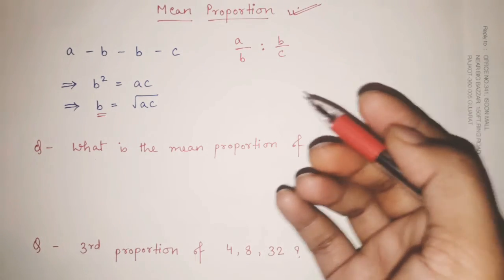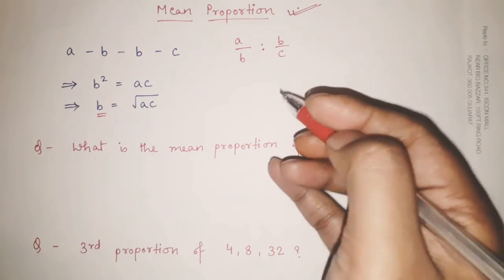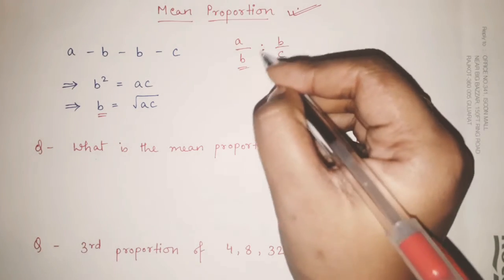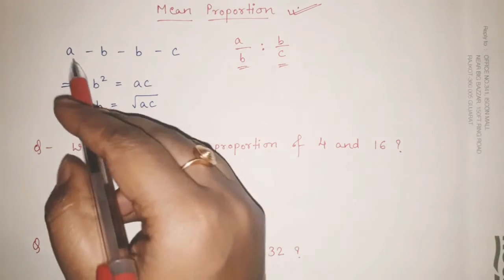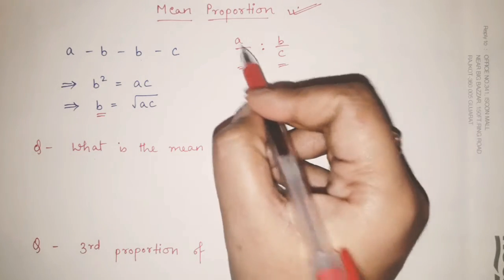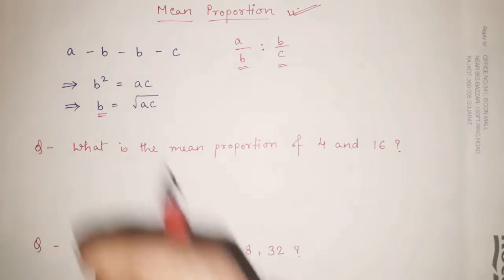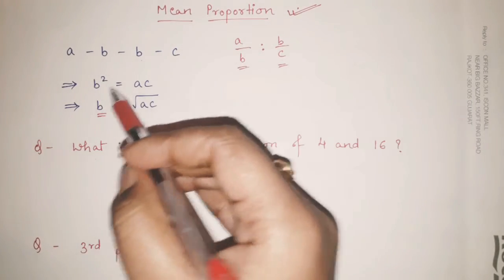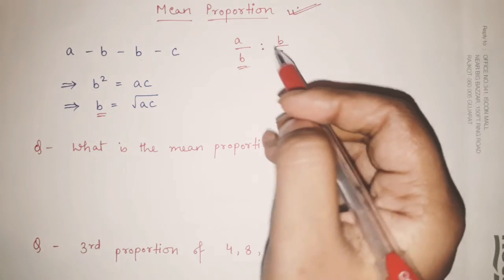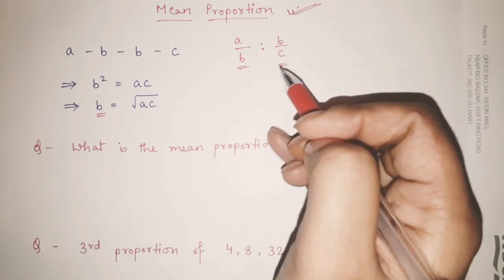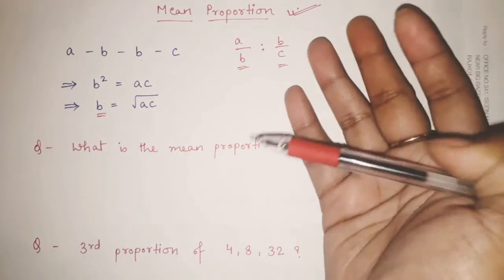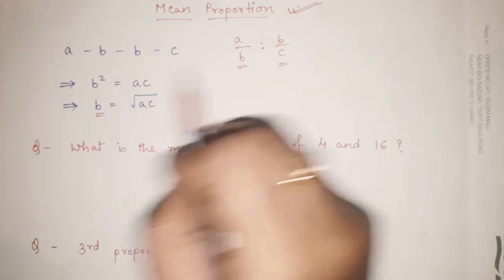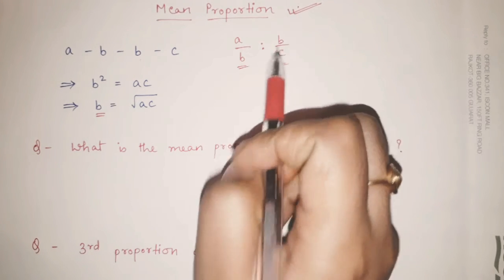What is proportion? Proportion is the comparison of two ratios. We have already seen this is one ratio and this is another ratio. Now, if A by B is to B by C is given, this can also be written as A : B :: B : C. This is just for our understanding, okay? Whenever this kind of proportion is given to us, how can you solve it? With the help of cross multiplication. That means these two B's will be multiplied. B square is equal to A into C.